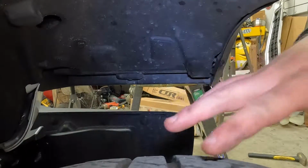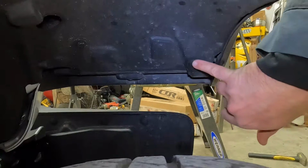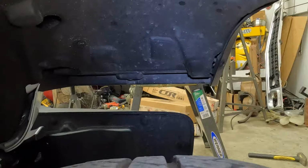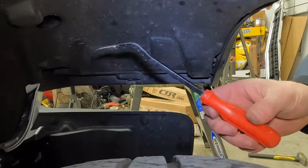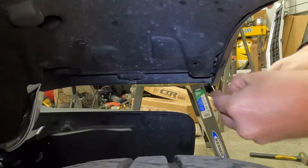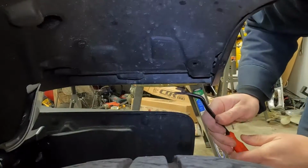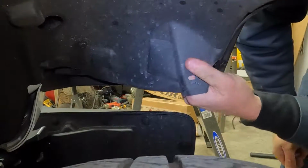All right, so right now y'all are resting on the tire. The Christmas tree clips that I'll be taking out is this one right here, and there is one right here that I'll be taking off to put in the driving light. I will be using my handy dandy Christmas tree removal tool. I guess I didn't have to take that one off. Anyway,